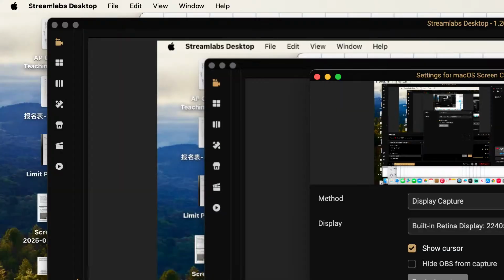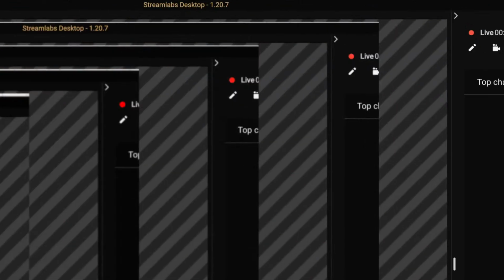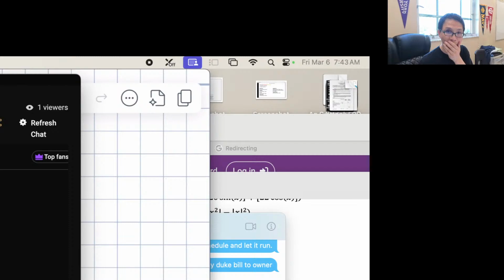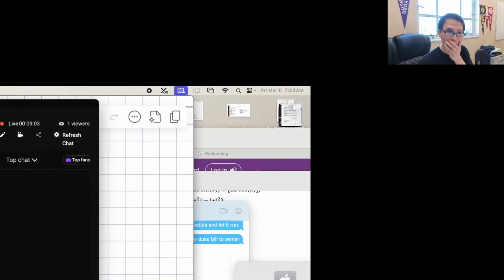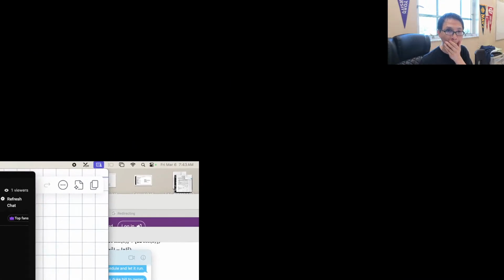So, this is looking like some good 5 frames per second here. Is it slow? So,